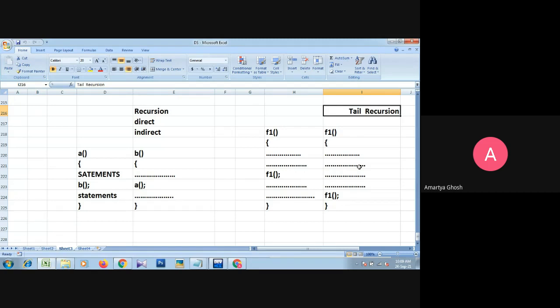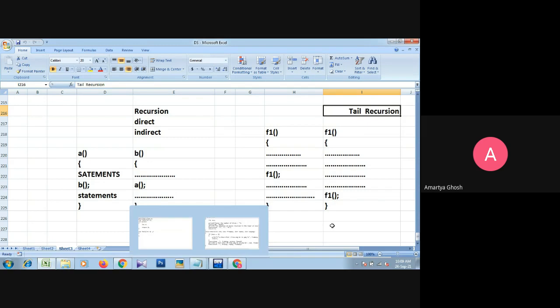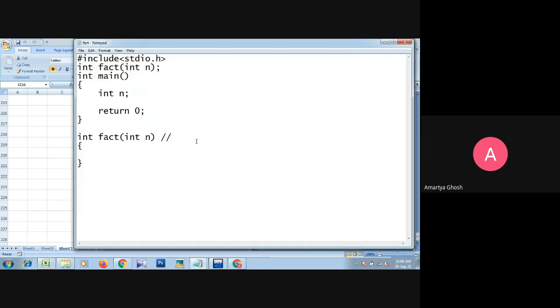So today we will take an example program that is the easiest to understand what a recursive function or recursion is, that is factorial.